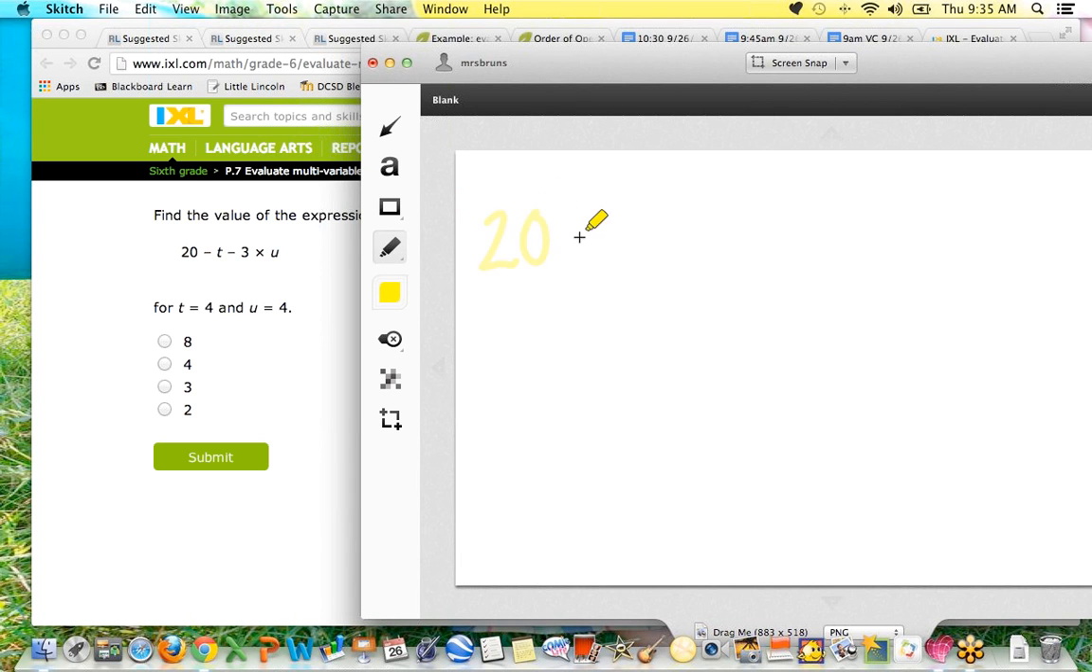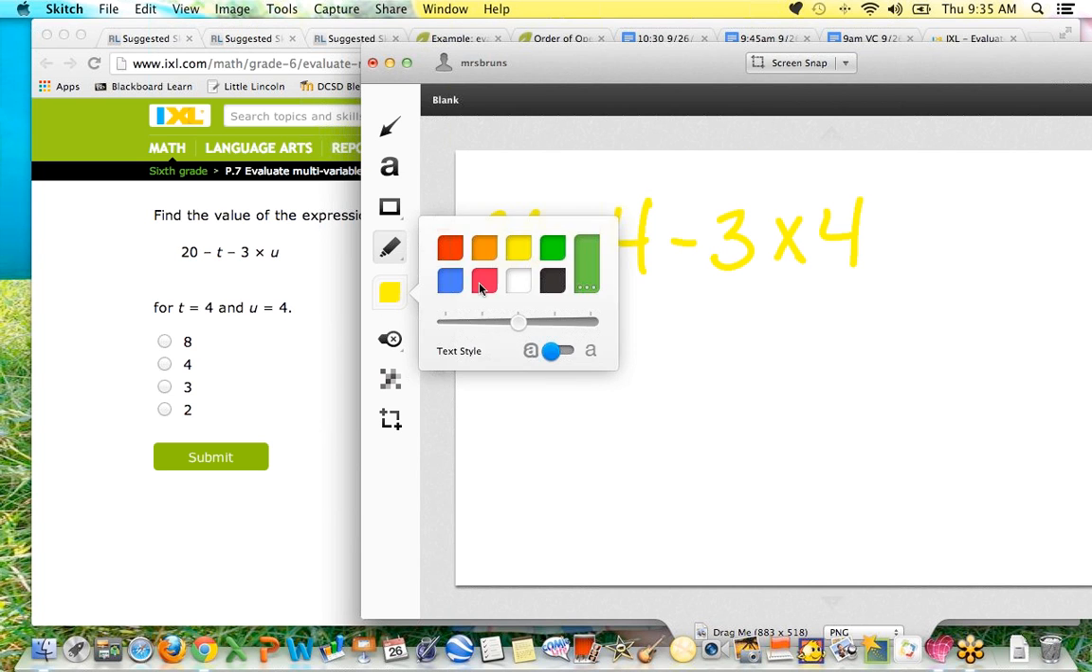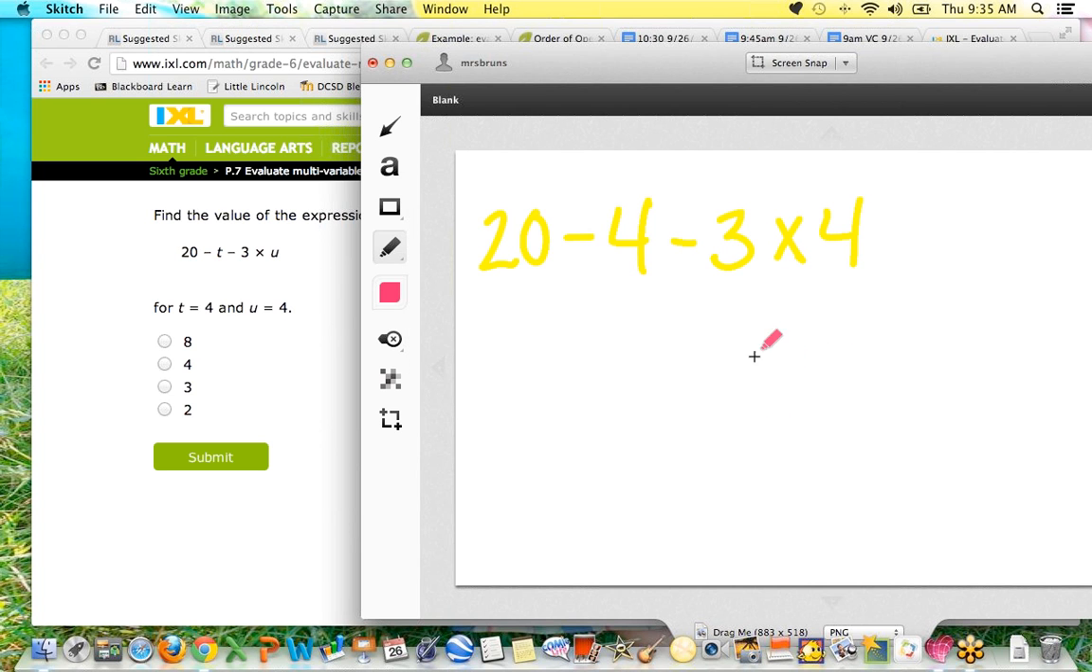So I'm going to plug in 20 minus, they told me t was 4, minus 3 times 4 again. All right. Order of operations. Which problem do I need to work out first? 3 times 4. Yeah, the multiplication problem comes before the subtraction. So I'll rewrite my expression now as 20 minus 4 minus 3